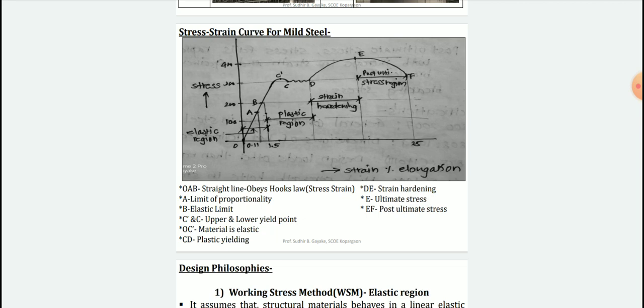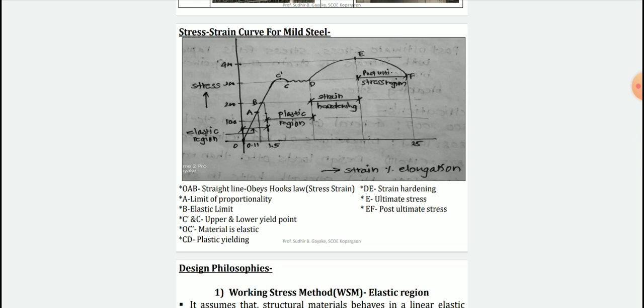OC represents the material is elastic, so from O point to C point it is elastic material, and that region is divided into elastic region and some of the portion is coming under plastic region. In case of CD, it is a plastic yielding region. Here you can observe that it is a complete straight line where there is only increase in strain without increase in any kind of stress value. The portion DE is a strain hardening region. Here additional stresses are produced with additional strain. Strain increases faster with stress and still ultimate load is reached.